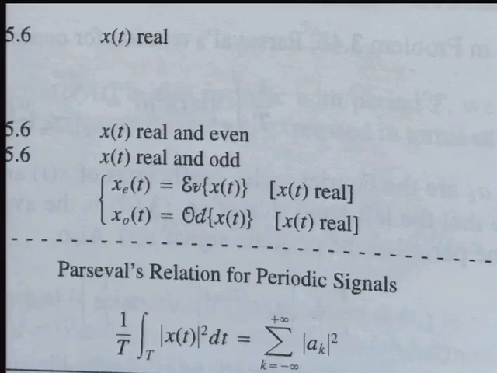So Parseval's relation says the following. You have your periodic signal x of t, and somehow you have the Fourier series coefficients. If I square x of t and integrate over one period and divide by T, so this is like the root mean square of x, that is going to be the same as the Fourier series coefficients squared and added from k negative infinity to infinity. Obviously, these Fourier series coefficients are an alternative representation of a periodic signal, so it makes sense that there is a relation between those.